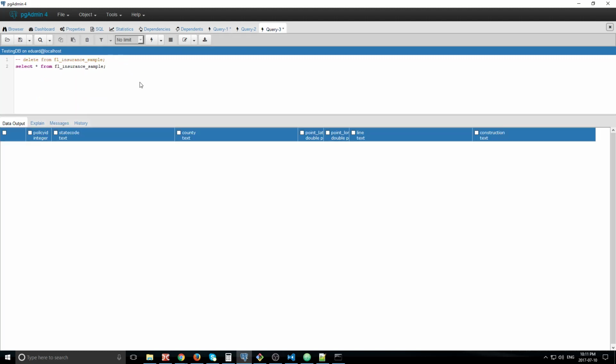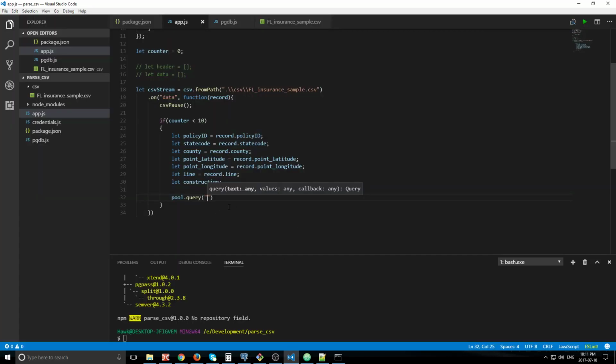So if I go here and execute this, if I tell the database, please return me all the data that you have from this table, from FL insurance sample, as you can see, I have absolutely nothing here. Which means the table is empty, and I'm going to fill it now with data. So if I go back, now we need to provide the statement for the database. The statement for inserting data is the insert statement. So you say insert into table name,